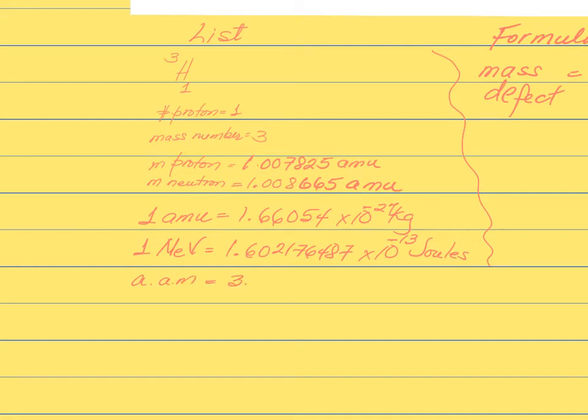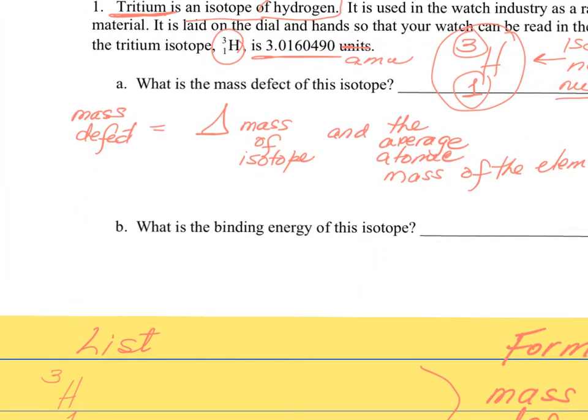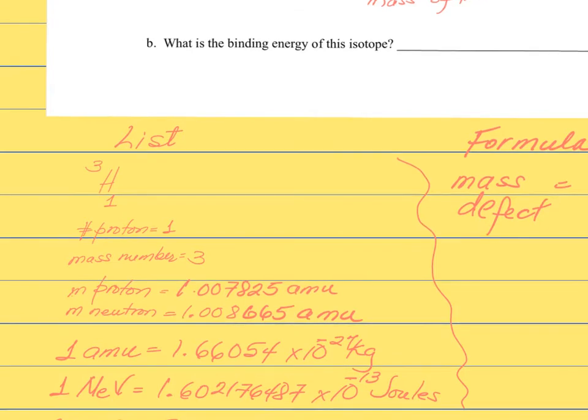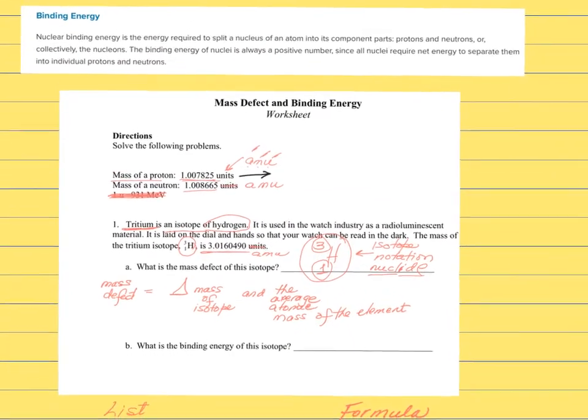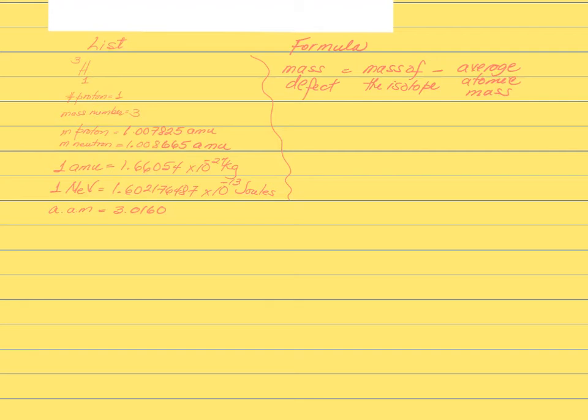So the average atomic mass is 3.0160490 AMU. It's another given, the average atomic mass. Ms. Ramos, how are we going to find the mass of the isotope? The mass of the isotope